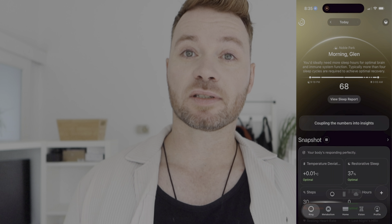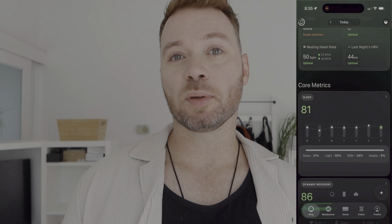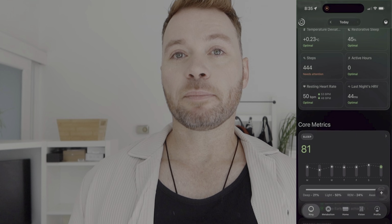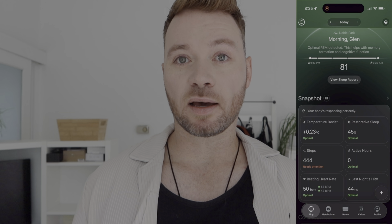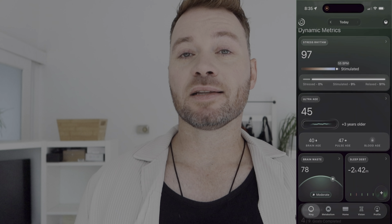According to Ultrahuman, and I agree somewhat in my experience, sleep tracking is where they shine the brightest. It measures things like sleep duration, sleep quality, sleep stages, overnight body signals, recovery, and heart rate variability throughout your sleep. The app then compiles all of this as you wake up and spits out a daily insights report, which can help you understand things such as when you should train hard, when you should rest, and how well your